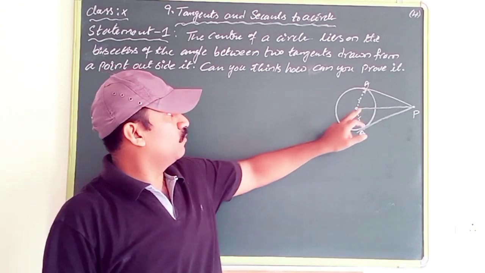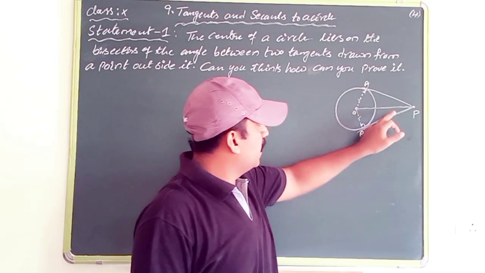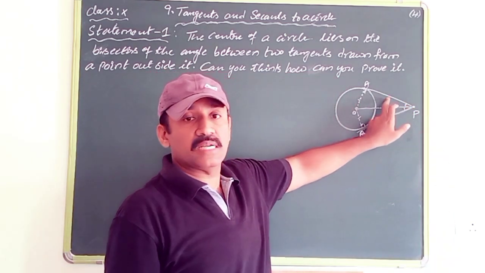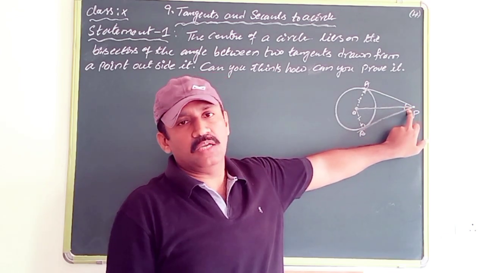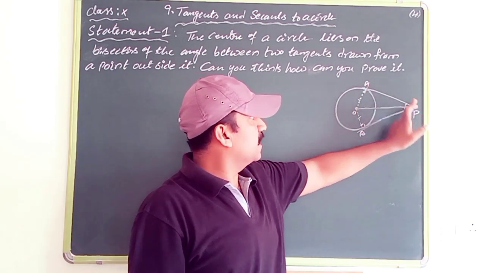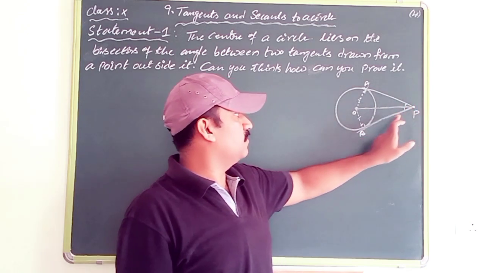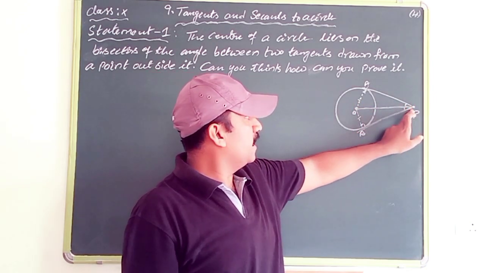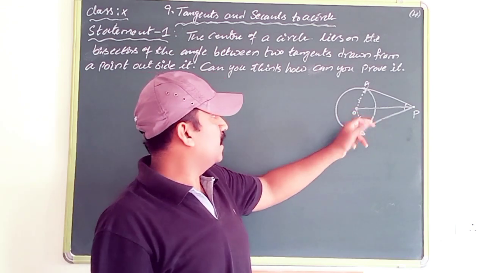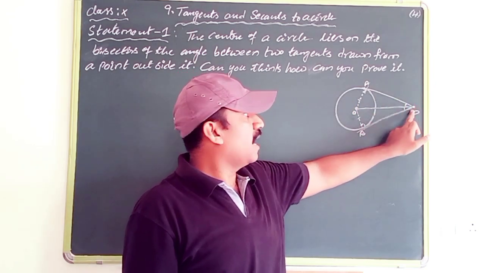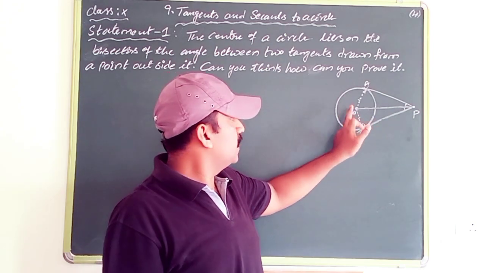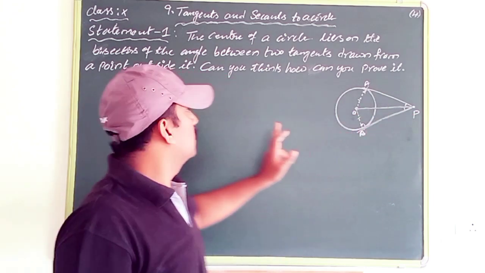So finally, what we have to prove now: when the two triangles are congruent, then these two angles are equal from CPCT. Then OP bisects angle PAB. What is O here? It is the center of the circle. Now, tell me, the center of the circle is lying on the angular bisector. OP is the angular bisector, but O is the center of the circle. So the center of the circle is lying on the angular bisector. So that is our proof.